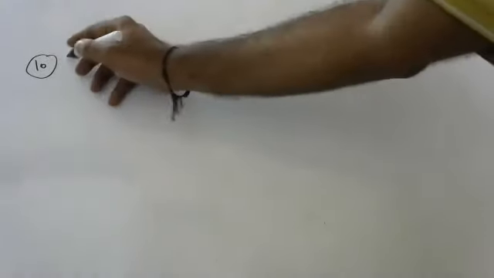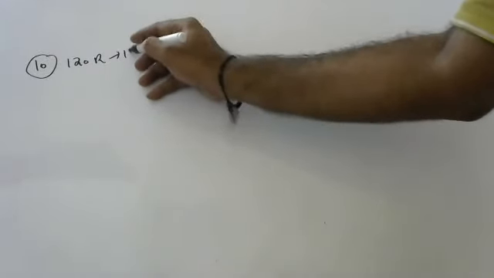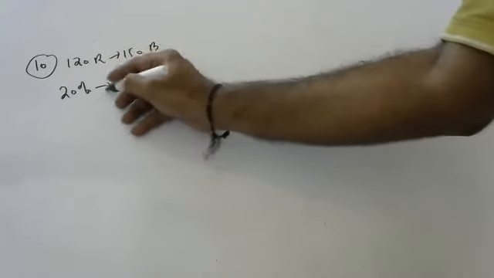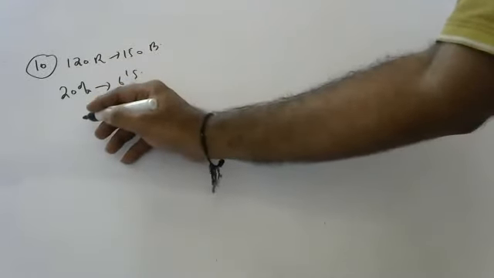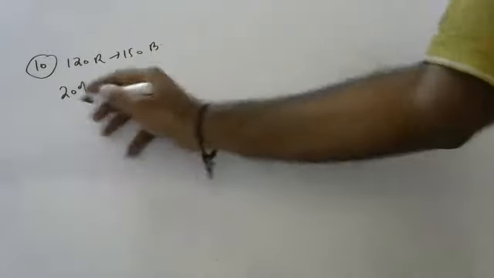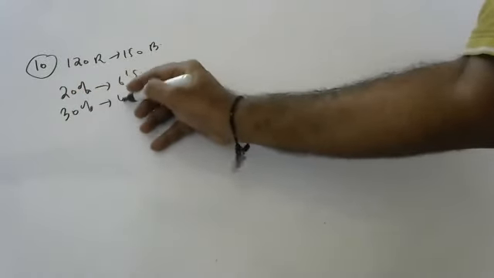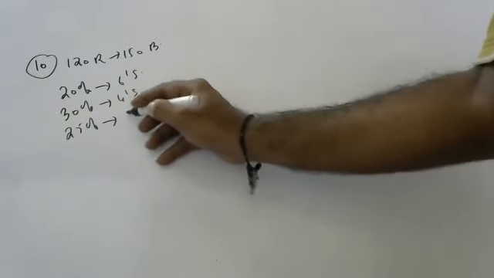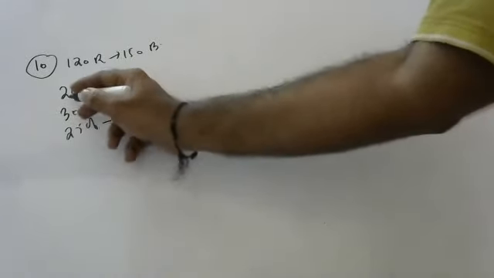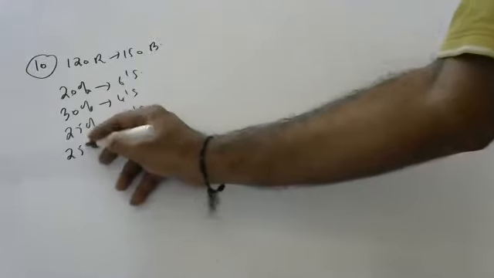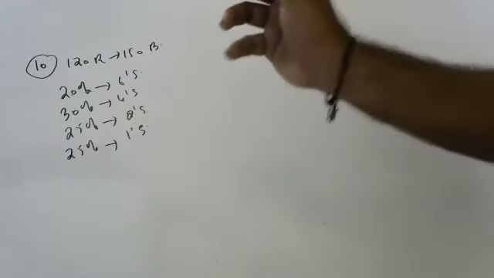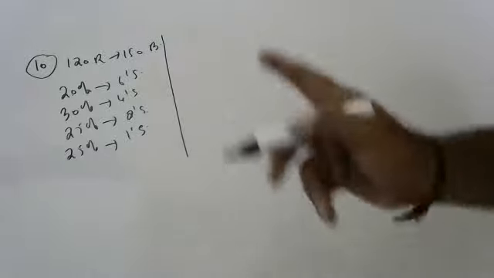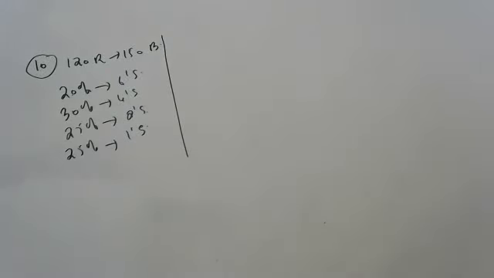120 runs he is hitting in 150 balls. 20% of the runs came in the form of sixes, and 30% of the runs came in the form of fours, and 25% of the runs came in the form of twos, and the rest, 25% more, came in the form of singles. How many runs did he score as sixes, fours, twos, and singles individually? You should find out.